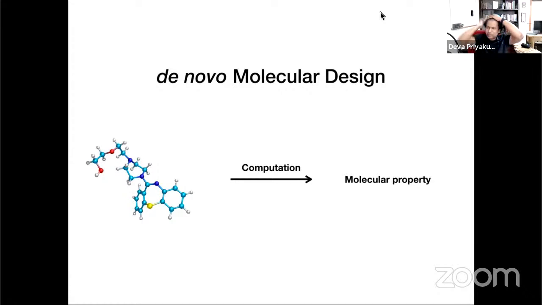Most of the time when we do drug design or any experiment in chemistry, medicinal chemistry or pharmacy kind of exercises, what we do is this: we take a molecule and then predict what the property of that molecule is. Like, for example, here, for a given molecule, what is its property? That's what we just saw also, right? Whether it's a computation or experiment, it doesn't matter.